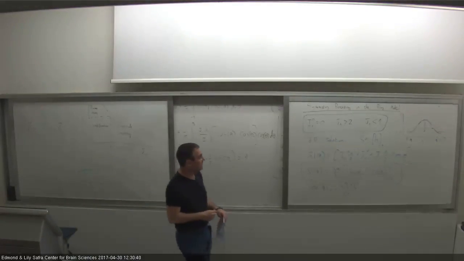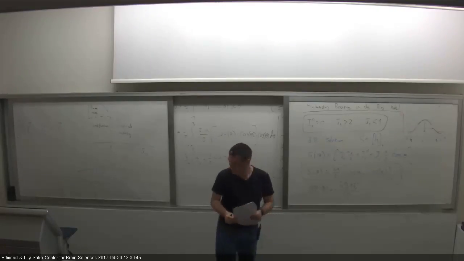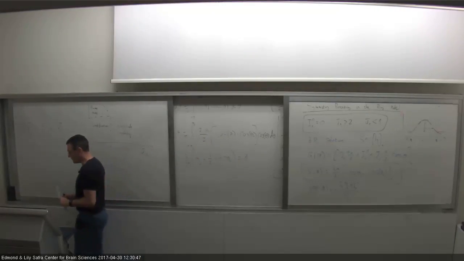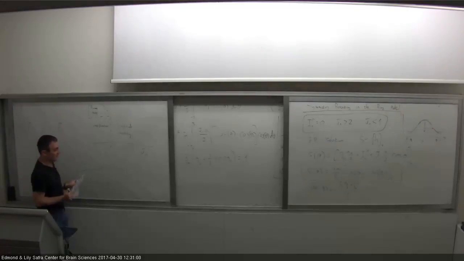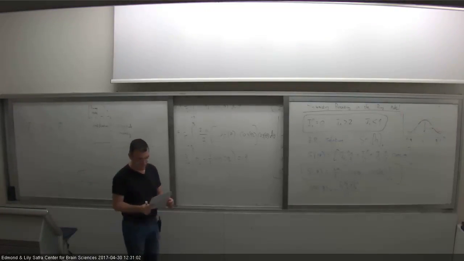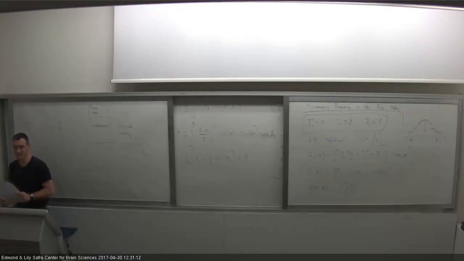Okay, so now we will, for the fun of it, consider the case of a ring model with connectivity that is not symmetric. What are the consequences of adding asymmetric connectivity? Now, from a theoretical point of view, this is pretty horrible, because now there's no guarantee for an